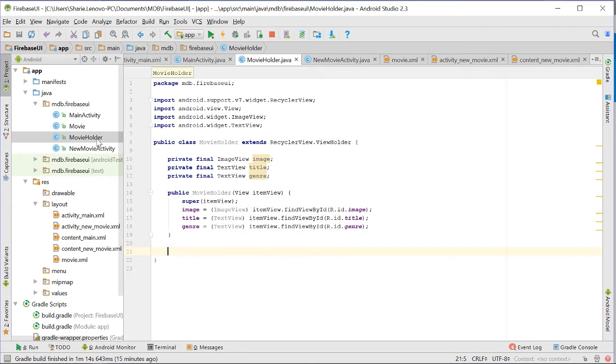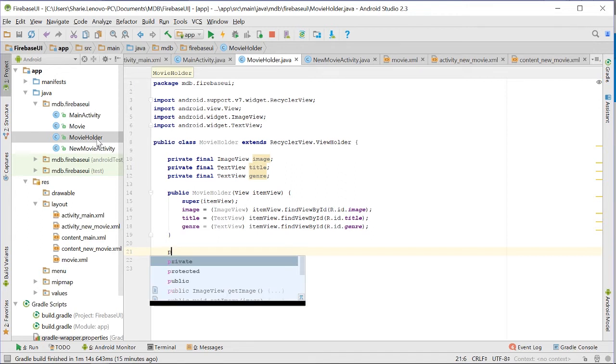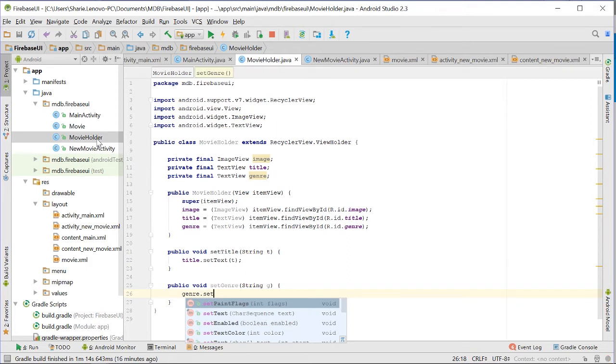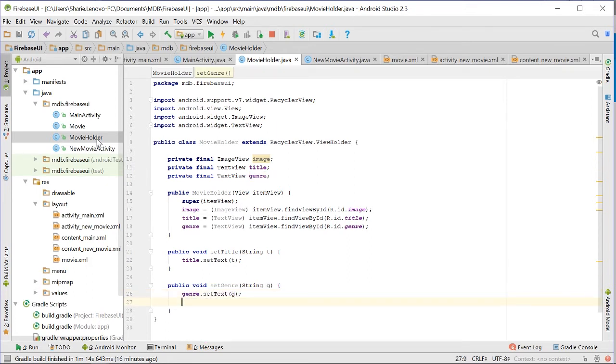Okay, so lastly we need to make some setter methods. So I'm just going to add a setTitle, and since we have our UI elements connected, we can just do title.setText. I'm going to do the same thing for genre. I'm going to set the text to be g, and then we also need to set the image view,